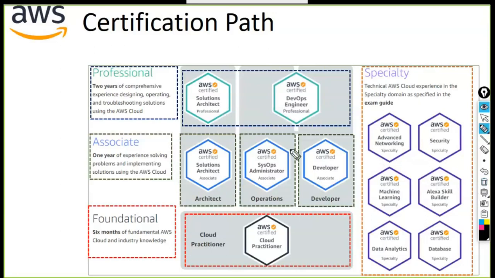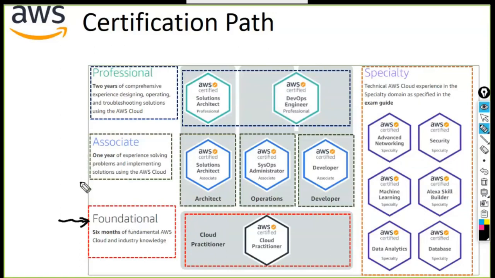Now here, if you look at this, foundation is for a fresher, to say. Okay, if you are a fresher, then sure you can look up the cloud practitioner. Okay, but ideally, as per a lot of the AWS community, I'm a part of many AWS open communities. I'm part of it as well.